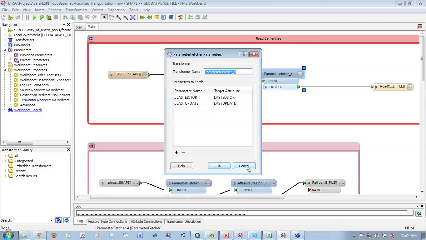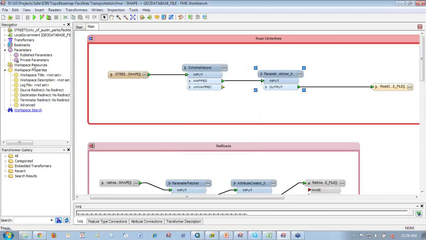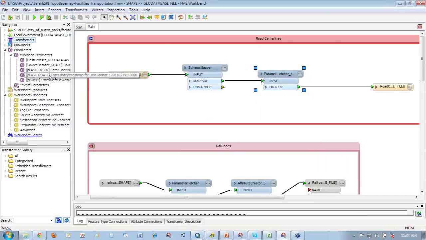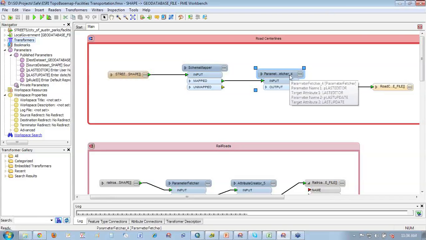I used to do time stamping and things like that quite a bit and the operating system username, but as I've done more work, I kind of like to be able to have some control over populating those values and how it works, usually because I'm running it as part of a script and I want to update everything for today, and I don't necessarily want to use the operating system username. So parameter fetcher is another transformer that we can use here to pull those things together.